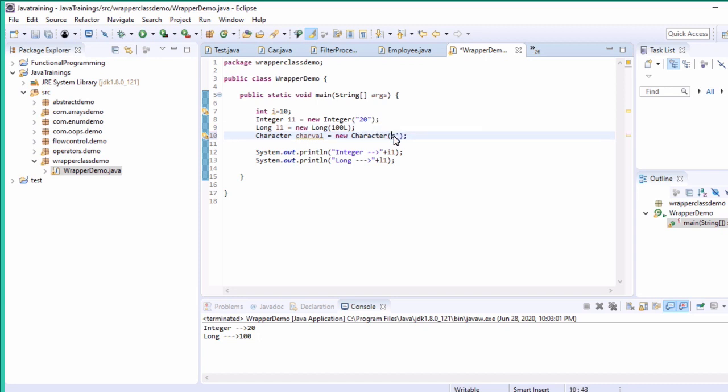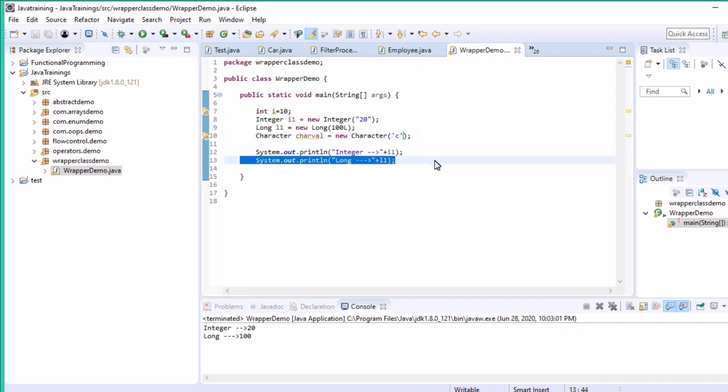If I try to give double quotes here, I will get an error. See, it's not allowing. The constructor Character(String) is undefined, so there is no constructor to create a character wrapper class with a string value, so we can't do it. We have to pass a single character, then only it will take. Single character in the sense it should be in single quotes.